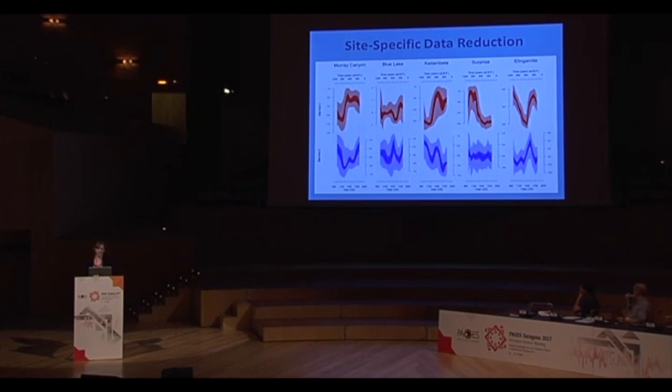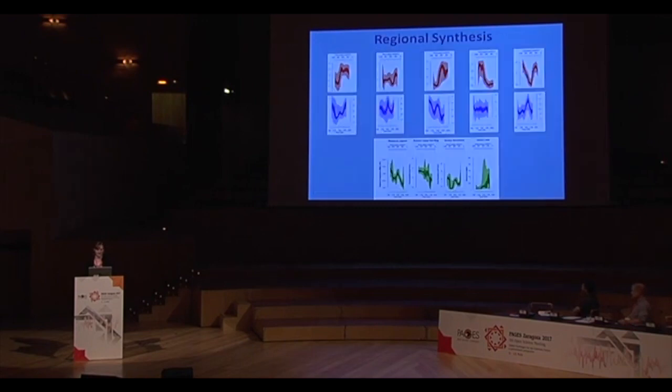So we've retained the first 2 modes of variability for each of these 5 multi-proxy sites, as you see on the screen. And just from visual examination, we see that there are some consistencies between these time series. These consistencies suggest that there is indeed a climatic feature driving some of this variability. Now that we've identified the climate signals at the site level, the next move is to shift to the regional